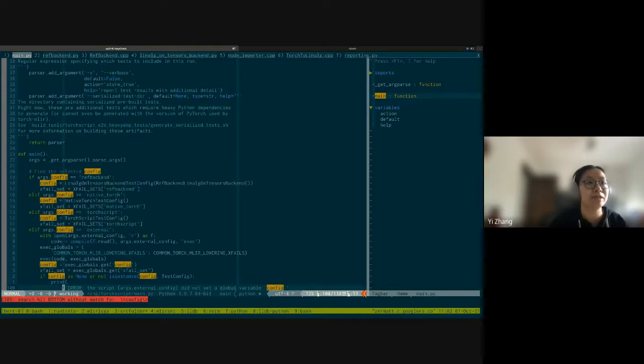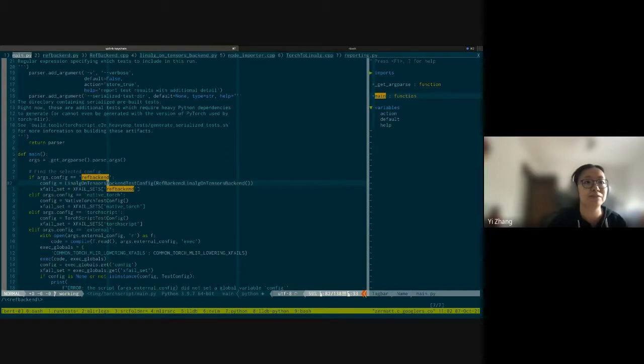The configuration is parsed at the start, and the one we use most often, and the e2e test run in CI build, is using the ref backend. So if we look at the Linalg on Tensor backend test config,